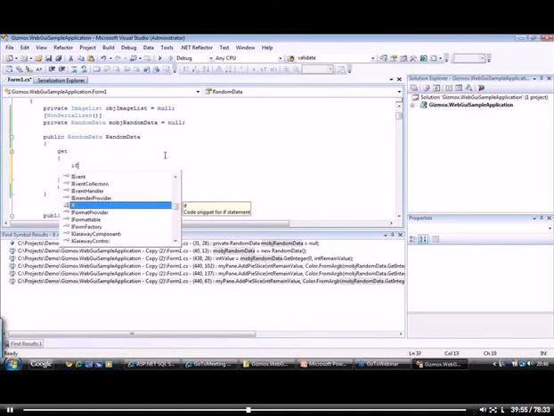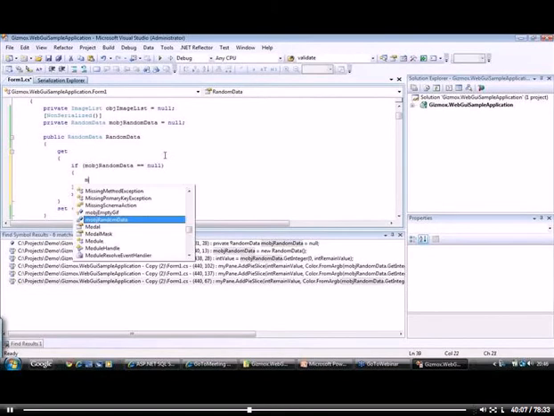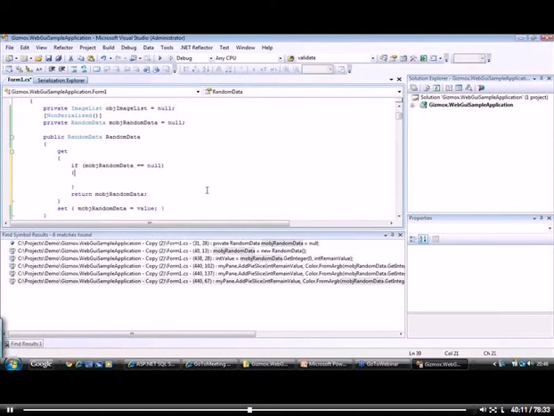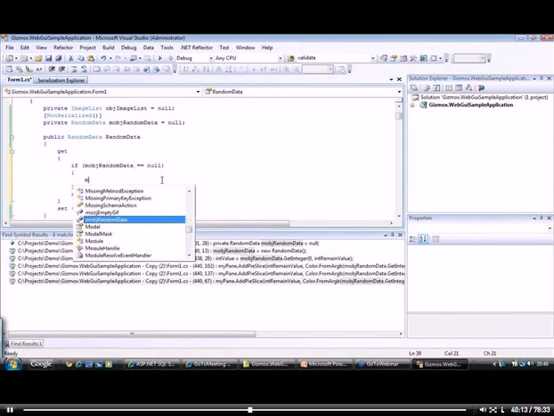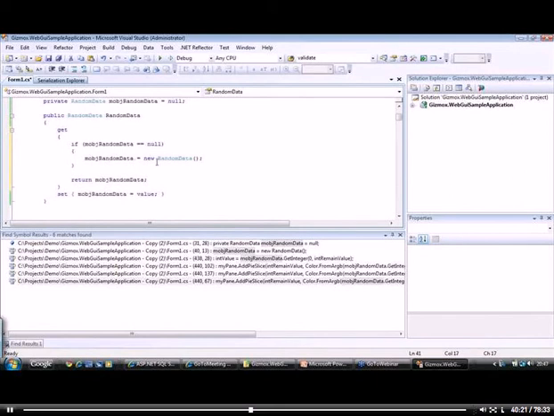So I'm going to ask if mobj random data equals null, then what I would like to do is mobj random data equals new random data, and that's it. I'd like to return this thing,